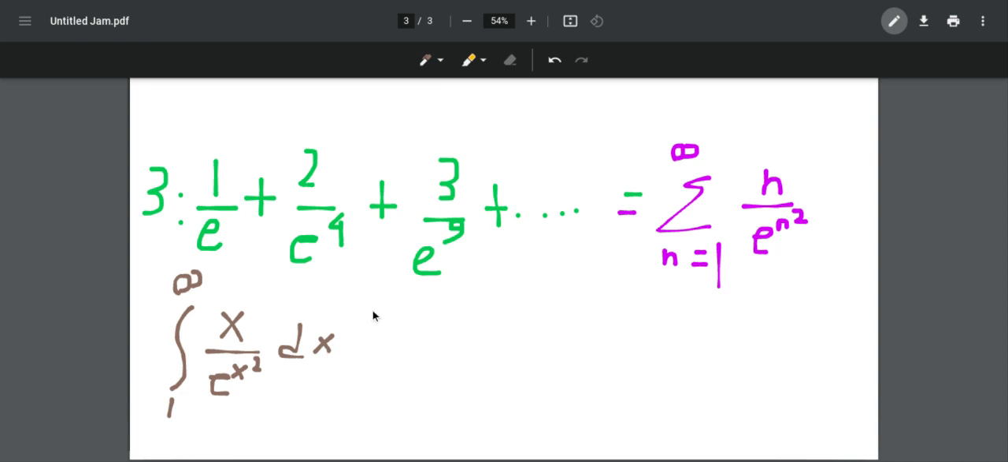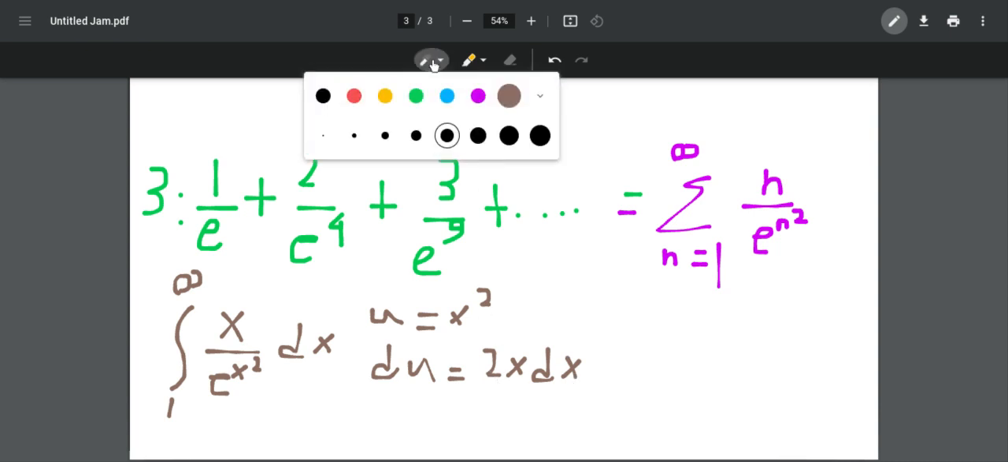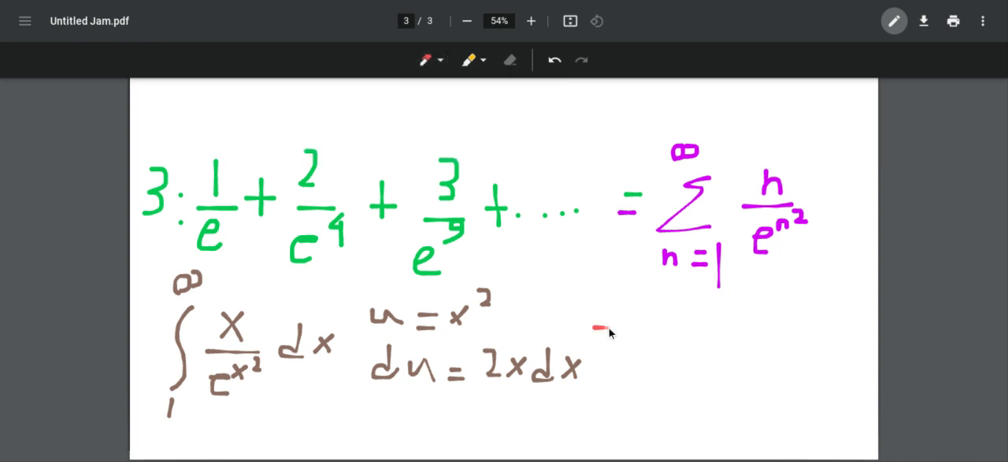So we can use a u substitution. I'm going to let u be equal to x squared, and then du is 2x dx. Now we can see that we have a cancellation if we divide both sides by 2x to solve for dx. And this cancellation would lead to